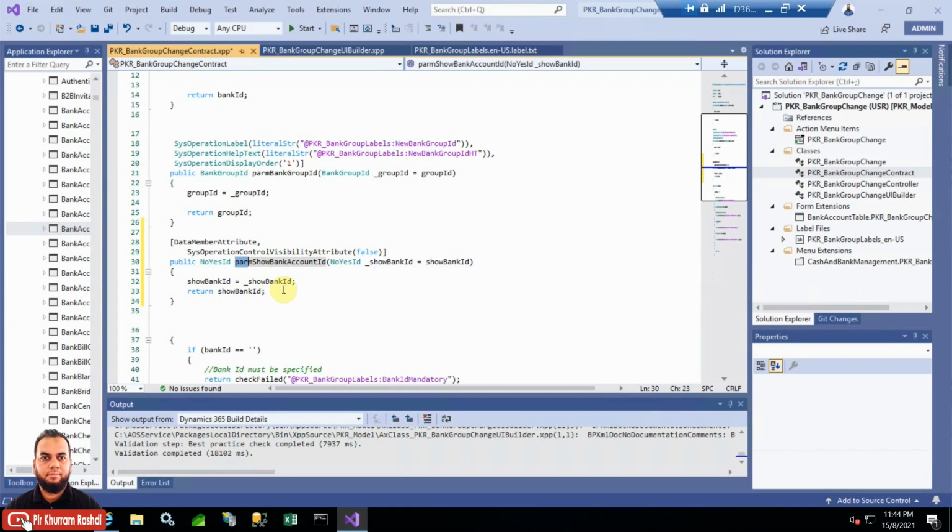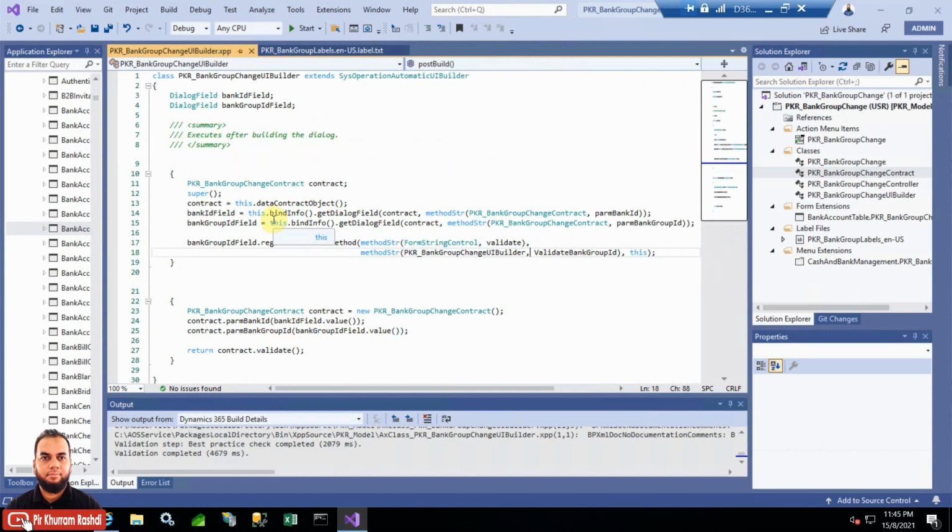Now this method will be used to communicate whether the bank ID should be visible or not on the UI builder class. So now we just save it and go to our UI builder here,